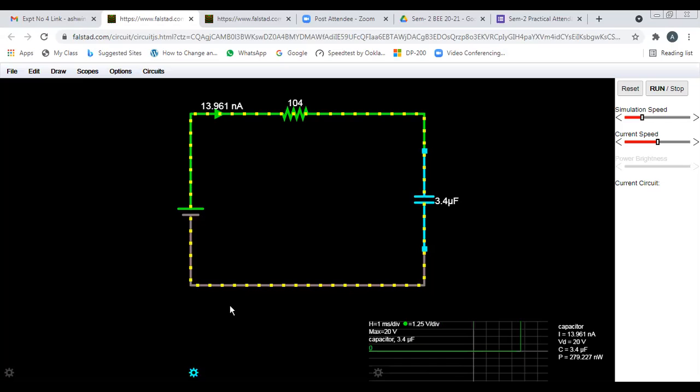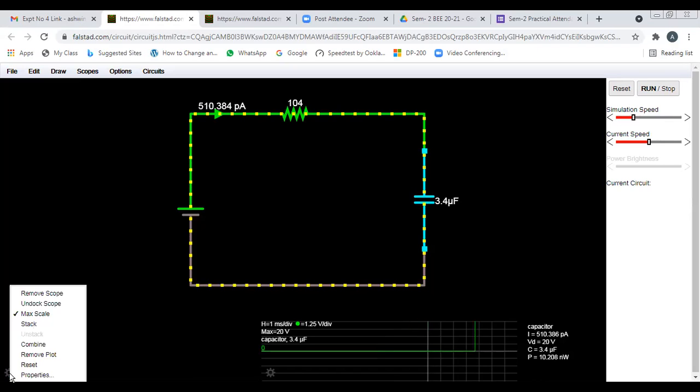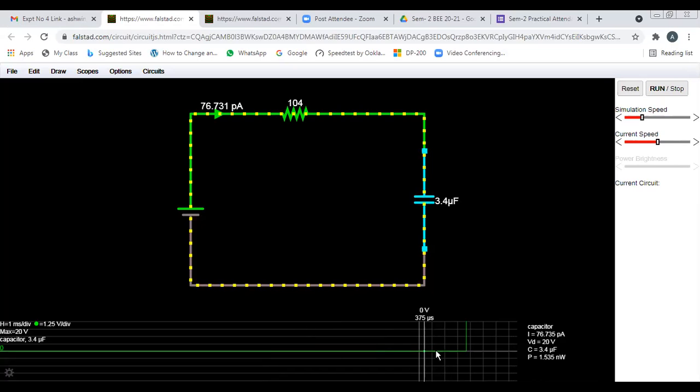Like this we can increase the graph. The settings symbol comes at the bottom, and you go on deleting. As you go on removing scopes, this graph increases. The earlier one had 4-5 setting symbols, so I deleted all. Now I can see the complete graph. Otherwise it was too small.